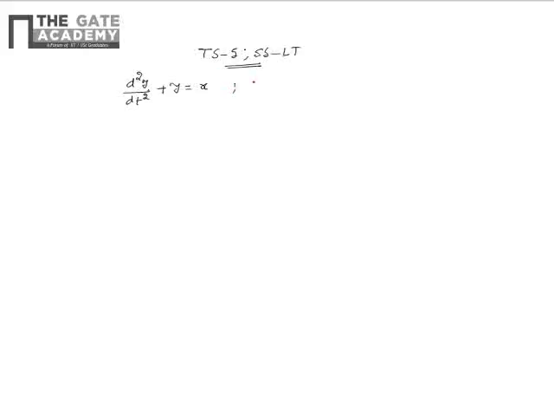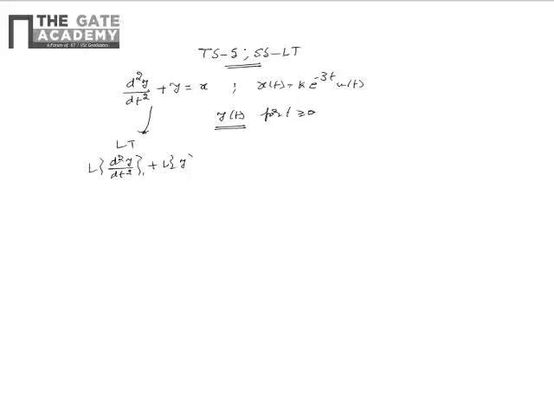It is given that this LTI system is fed with an input of x of t is equal to k multiplied by e power minus 3t u of t. We need to find the response y of t for t greater than or equal to 0. For finding the response y of t, first let us take the Laplace transform of this given differential equation on both sides. Upon doing that, we get that Laplace transform of d square y by dt square